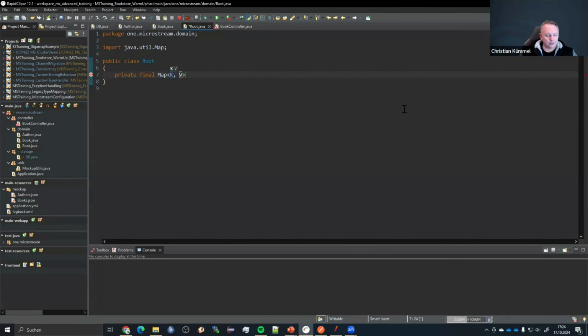And that map consists of a string as a key. And we want to have some lazy stuff here. So lazy. And it's a lazy list of book. Okay, so just to explain that a little bit,